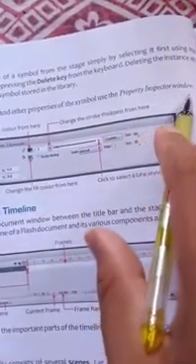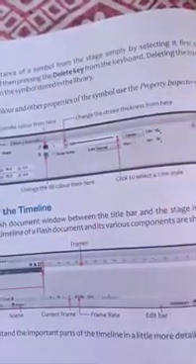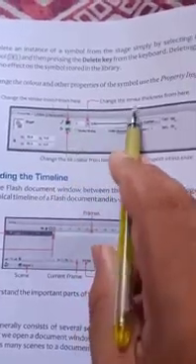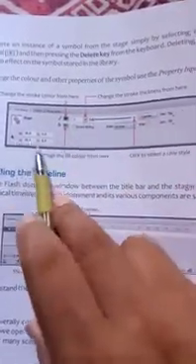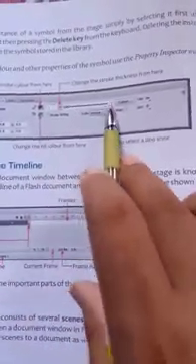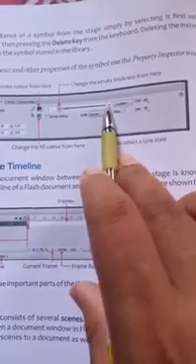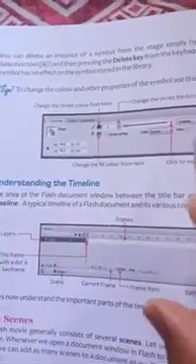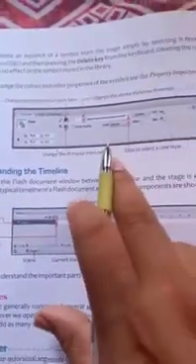To change the color and other properties of the symbol, use the property inspector window. This is the property inspector window, which shows the properties of each and every object. Here you can change the color, the size, the stroke thickness, and the fill color. Click to select a line style, border style, dotted line, arrow line, whichever type you want. So you can use the property inspector window to change the color and other properties of the symbol.